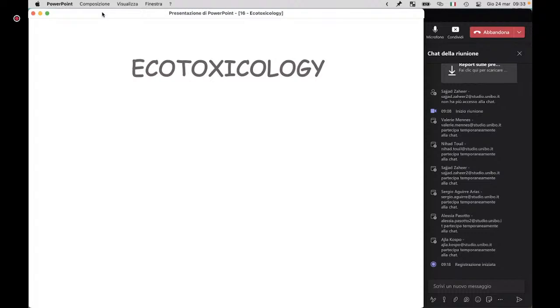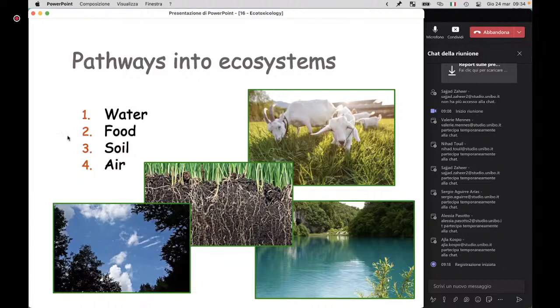Ecotoxicology deals with the global effects of pollution, of contamination from toxic substances, and the dynamics of what happens once those toxicants go into the environment, okay? So let's say it's the big picture. In general,